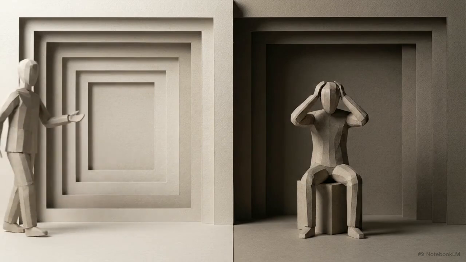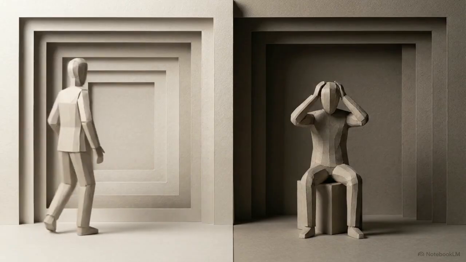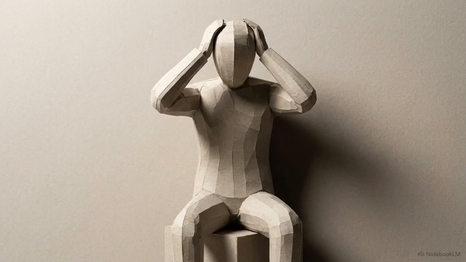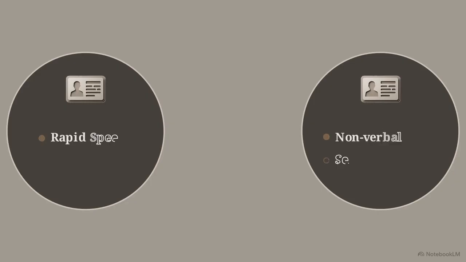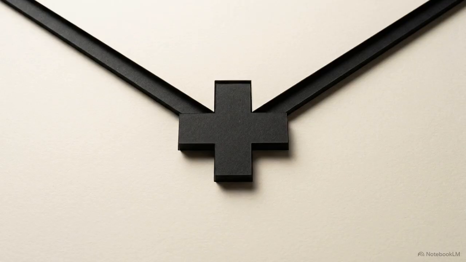Imagine two different patients. One is pacing the room, speaking rapidly but avoiding eye contact. The other is sitting perfectly still, entirely nonverbal, and covering their ears to block out ambient noise. Observing these two individuals side by side presents a serious clinical challenge. Their observable behaviors share zero overlap, yet both of these profiles map to the exact same medical diagnosis: autism spectrum